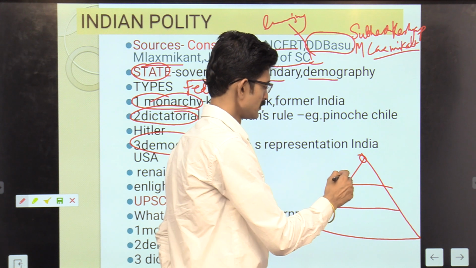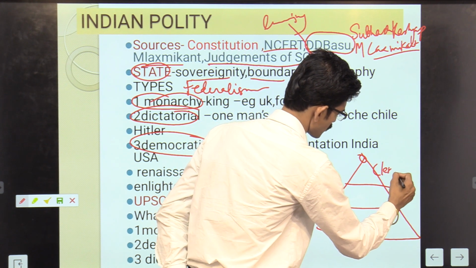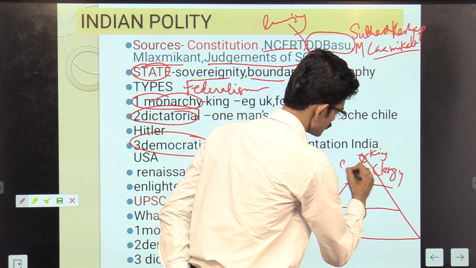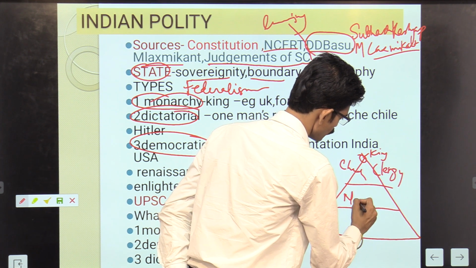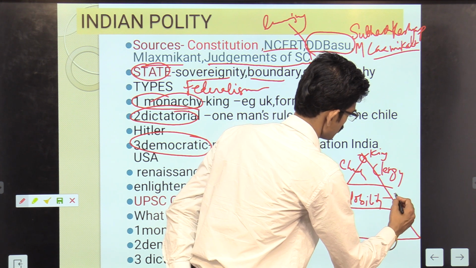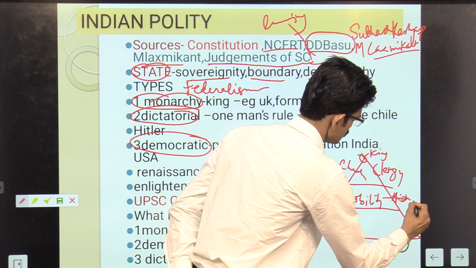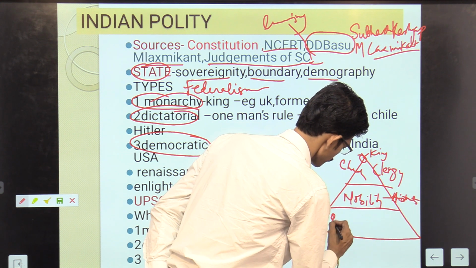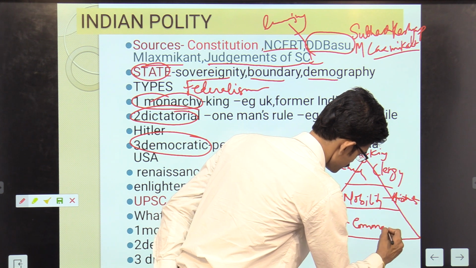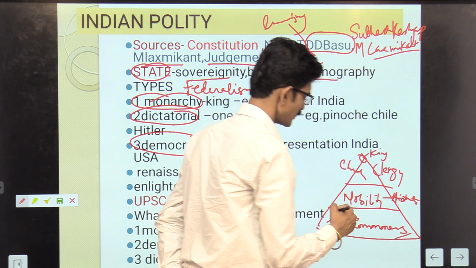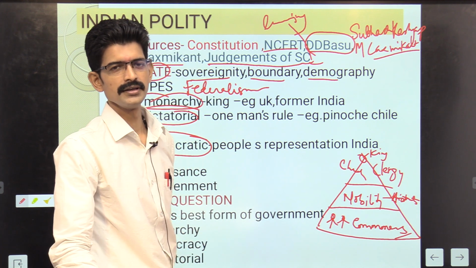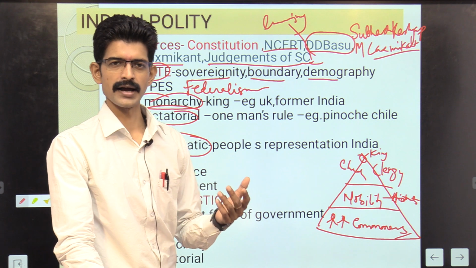That was the clergy, comprising of king, churches, then nobility, that means learned aristocrats, and there are commoners. So they all constitute the three estates of French society, in which we see that there were a lot of taxes